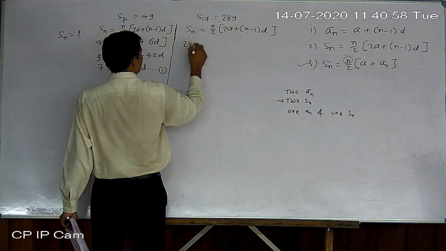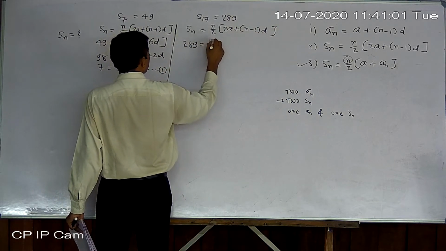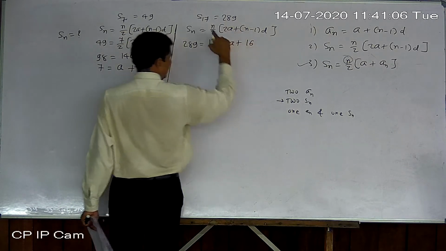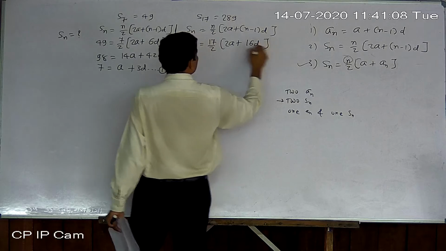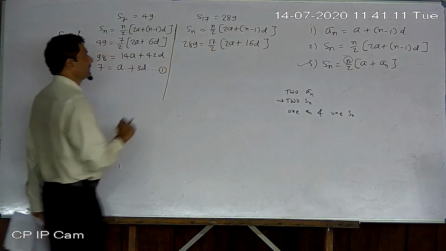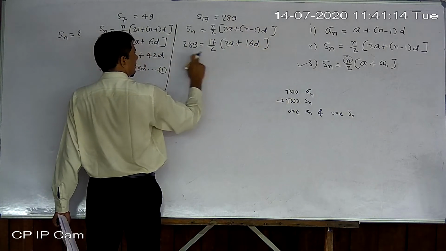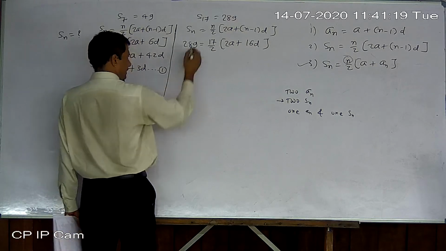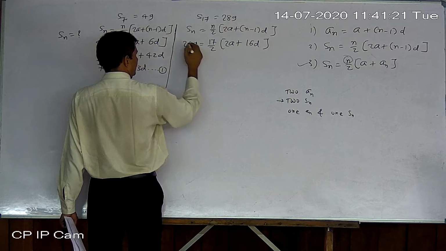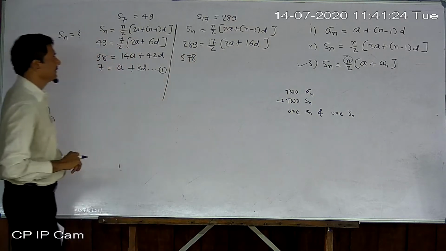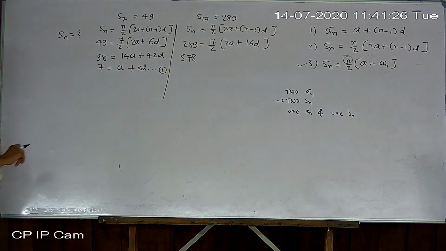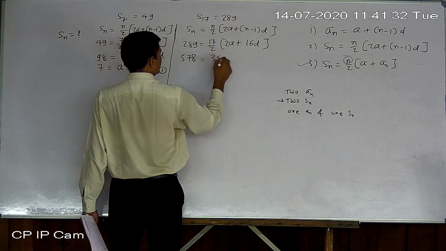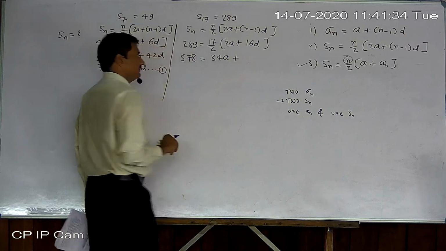Now that is given 289. n is given 17, a not given. This is 17 minus 1, 16. Now shift it here. So 289 multiplied by 2. So it will be 9 2s are 18, 8 2s are 16 plus 1, 17. 2 4s are 8 and 5... Okay. 9 2s are 18, 8 2s are 16 plus 1, and 2 4s are 8 plus... Now 17 into 34a plus 17 into 16.